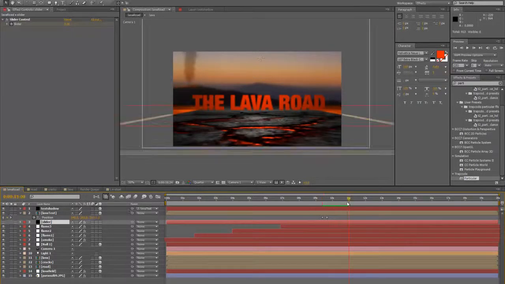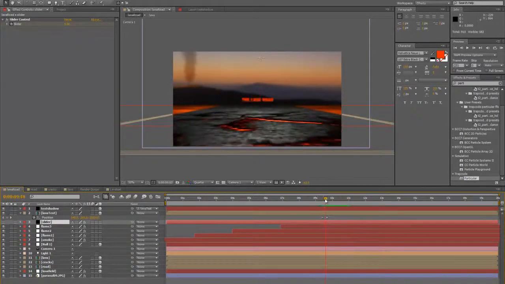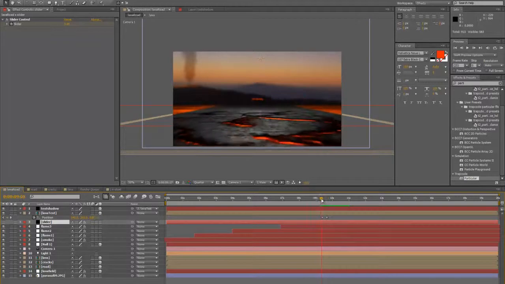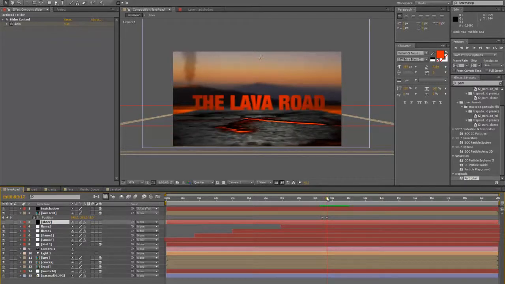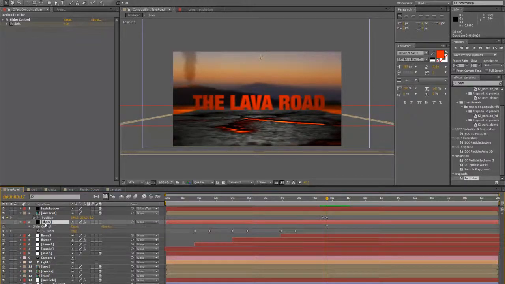It's pretty good. And now for the final touch, which is some camera shake when it hits the screen. Now we've already got this set up, so all we need to do is click on the slider layer, press U to reveal the keyframes, copy the keyframes there, Control C,